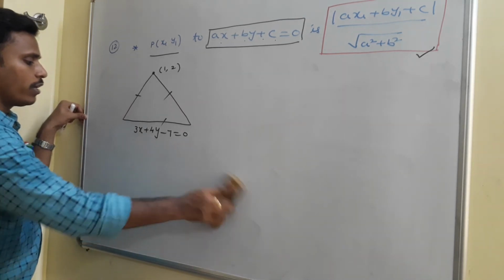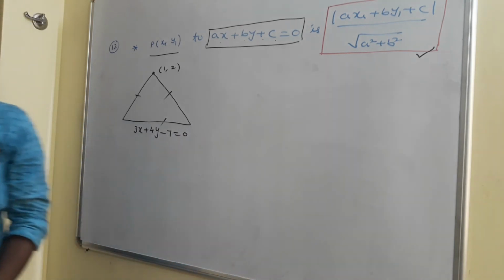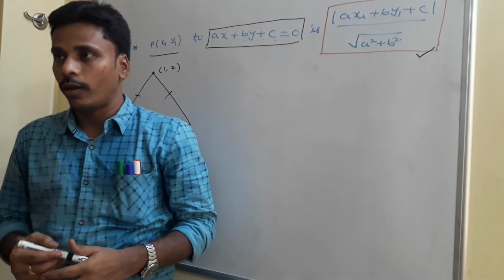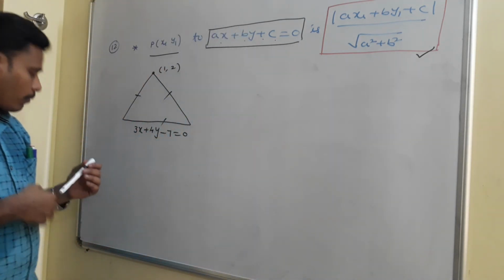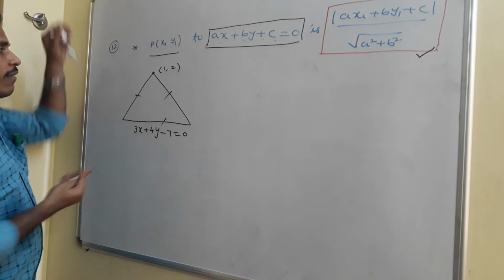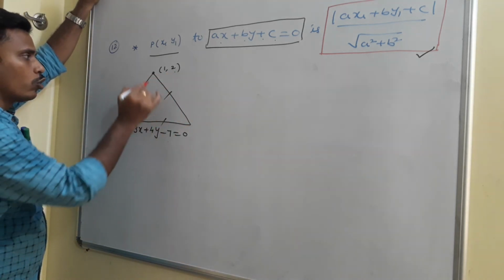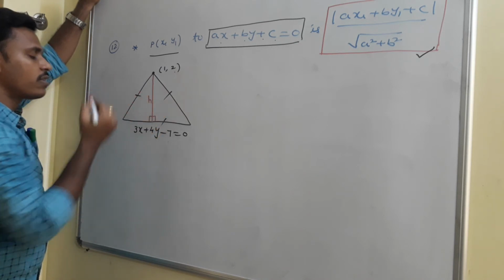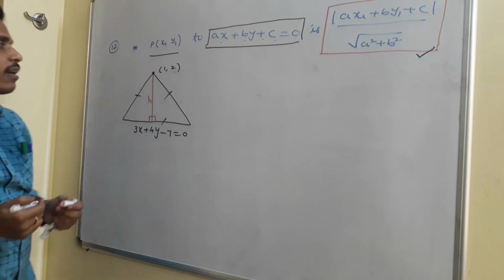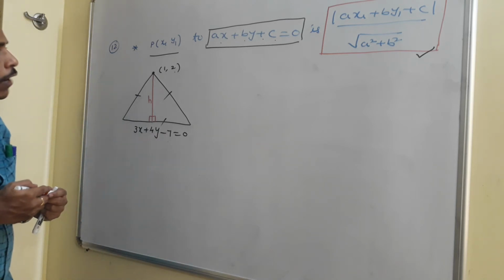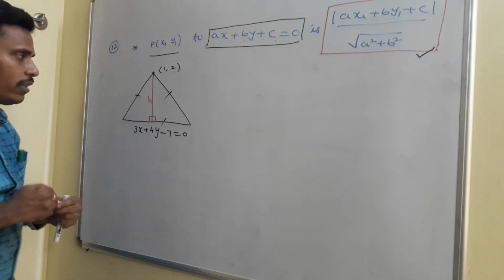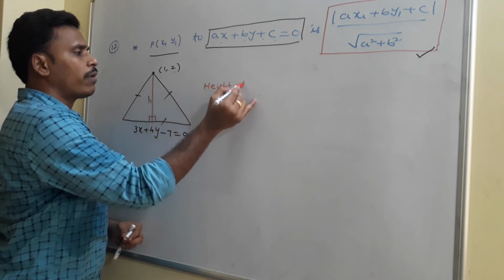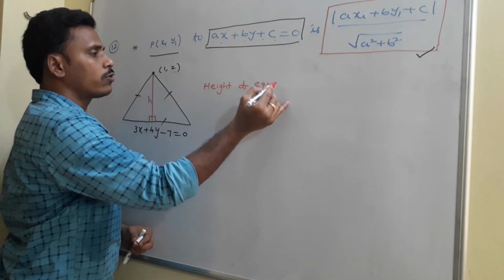How to find the area of the triangle? To find the area of the equilateral triangle, we need to utilize the basic area formula, root 3 by 4 a square, and then something. First I will find the distance from this point (1, 2) to this line, and the distance is this height. I will find the height of the equilateral triangle at first, and after that, having that height, I am going to find the area. Sometimes the question may ask you to find only the height also.